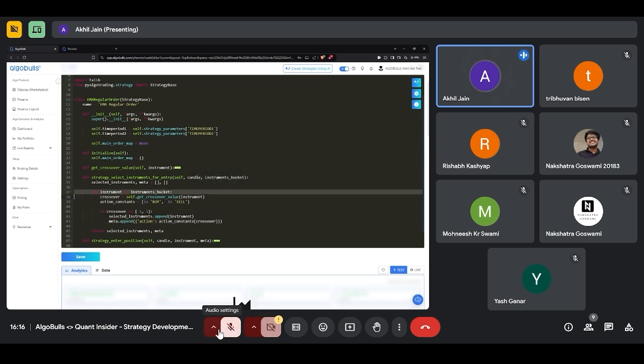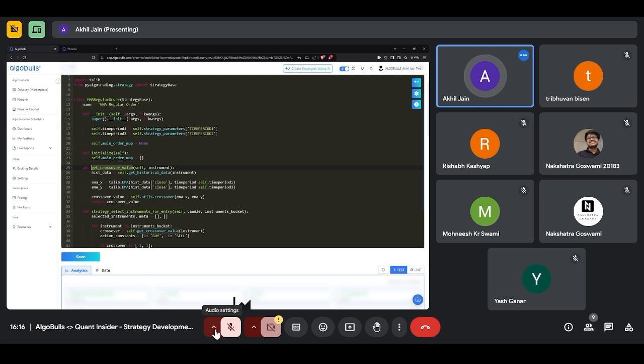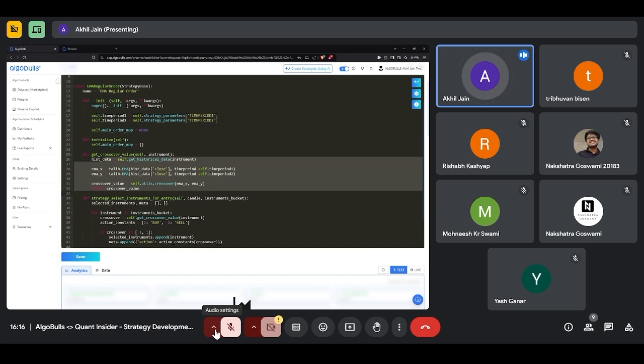Now, the first line inside this loop is using crossover. And this crossover is just some method that we have created. It's not required. As I said, we have four mandatory methods, two for entry, two for exit. But this crossover method is just something that this program is using. Even if this does not exist, it's okay. I could have just taken this whole thing and applied it here itself.